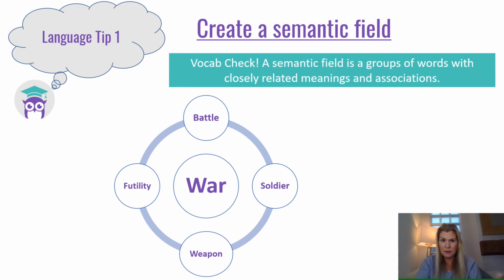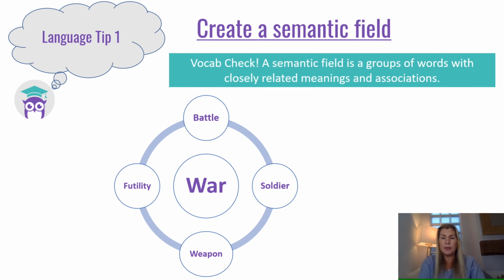So here's an example of one. Let's take the semantic field of war. Words in the semantic field of war would all be to do with battles, etc. It might be synonyms for war, but it might also just be words that have a very close association. So here we have battle, which you could argue is a synonym for war. We've got soldier, taking part in a war, weapons, used in a war, and then this abstract noun, futility, which is a word that is commonly associated with war, the futility of war, like the pointlessness of